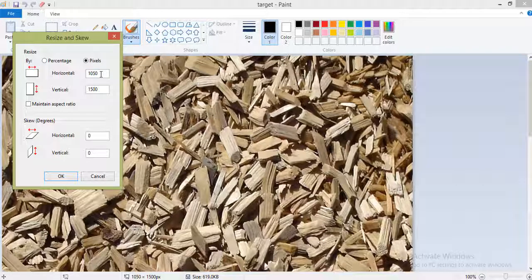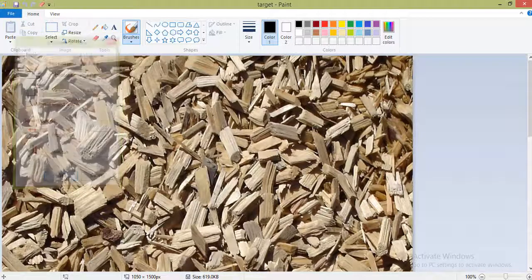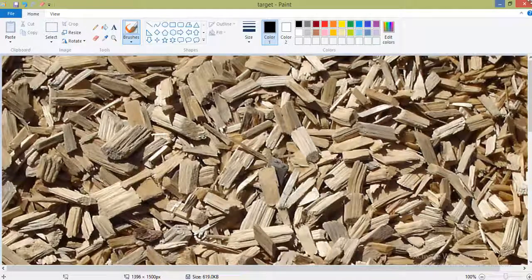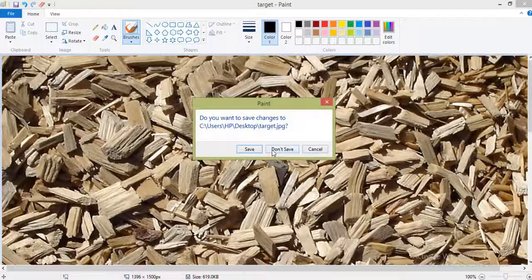If you want to change the height, then you can change the height, and if you want to change the width of your image, then you can change the width. Right now I'm going to change the width of my image. For that I just type a value here, 1396. After that I click on OK, and again I click on save.